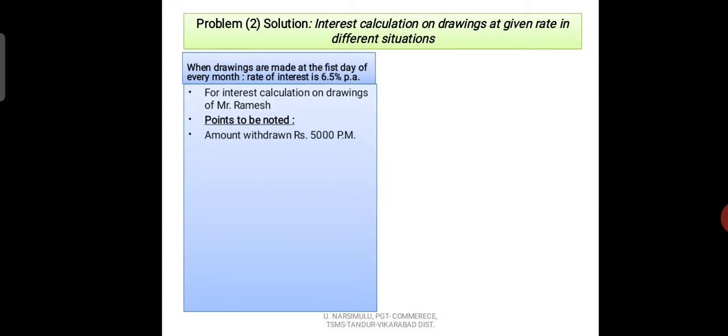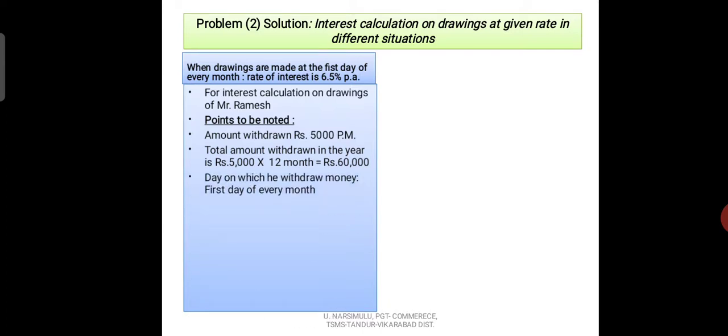See here, amount withdrawn is rupees 5000 per month, and per annum that would be 60,000, and the day on which he draws is the first day of every month,